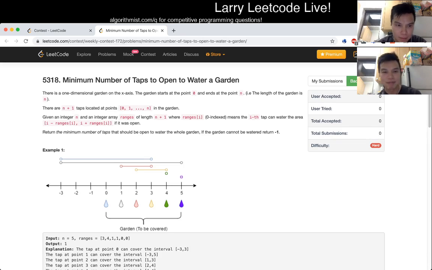Last problem. Minimum number of tabs to open the water garden. Yeah, for this one, I knew it was dynamic programming right away. At the very beginning, I'm trying to read very deliberately because I think I have been running a thing